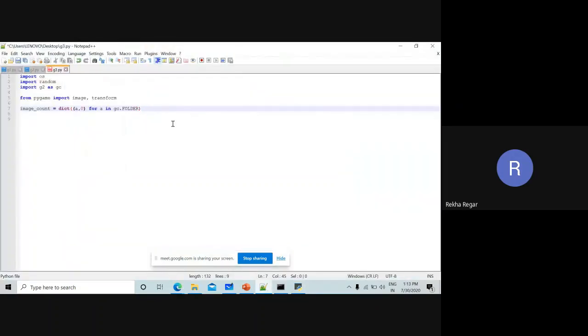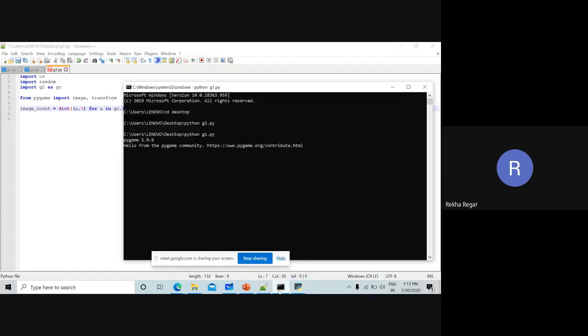After that we have to get two images. It means the same size of images must be two only. So I can show that one.